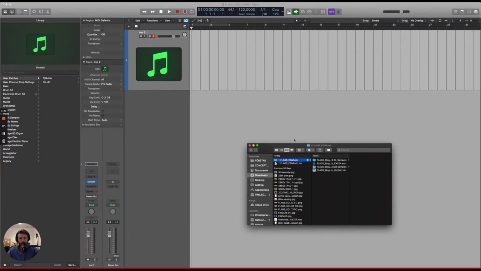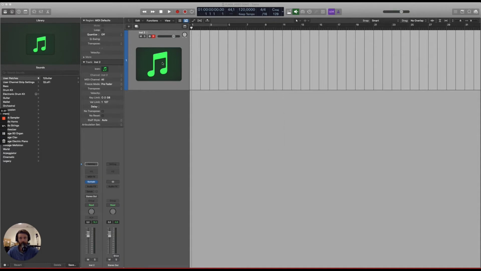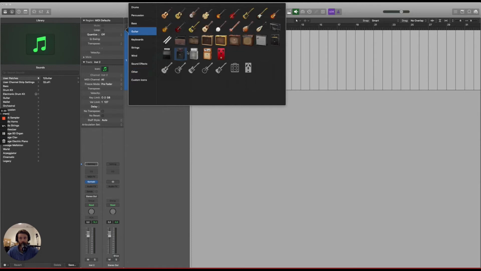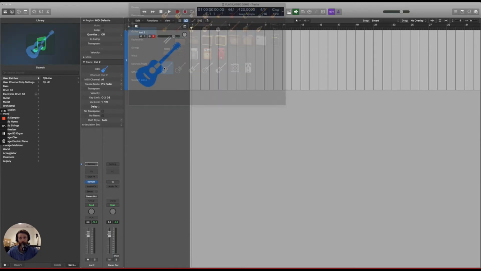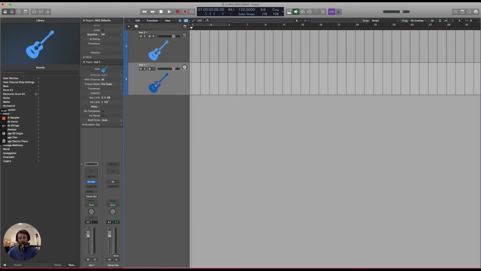You don't want to go in here and push and drag. So what you do is that you give this one a nice little picture like that, and then sometimes you have to duplicate the track in order for the library to come up, so we'll just do that for the sake of the video. And then this library will come up, and you go and push save,